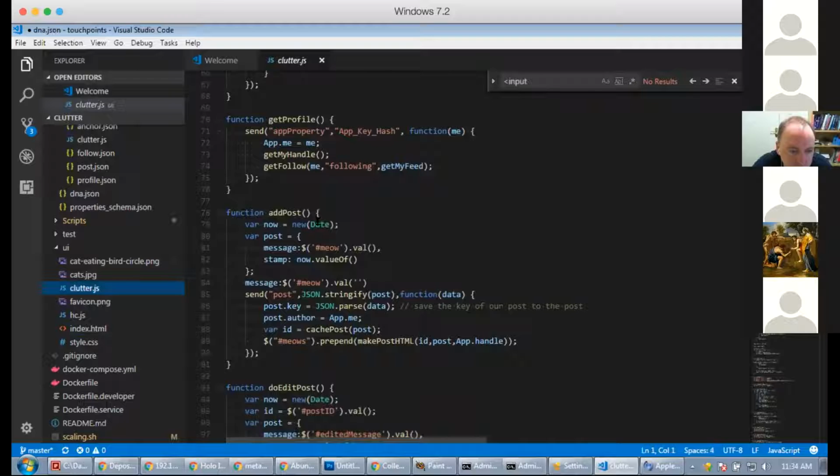Add post. So this is a client-side function. It can get confusing sometimes because you're looking at both client-side and Holochain-side code that are both JavaScript. And sometimes the same function names are perfectly relevant. So it gets a little weird sometimes, but it all makes perfect sense. So this is the client-side add post that we're calling directly out of our HTML. So it's creating a post object with message, our message text, and the stamp is the timestamp. Then we're clearing our message,